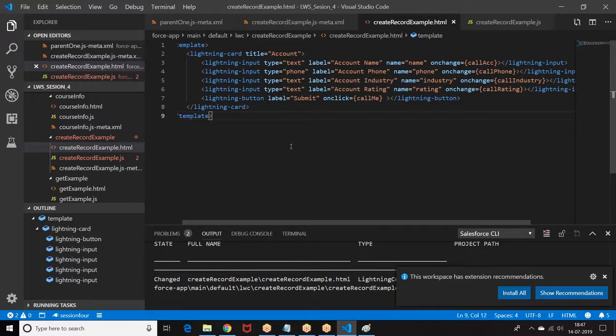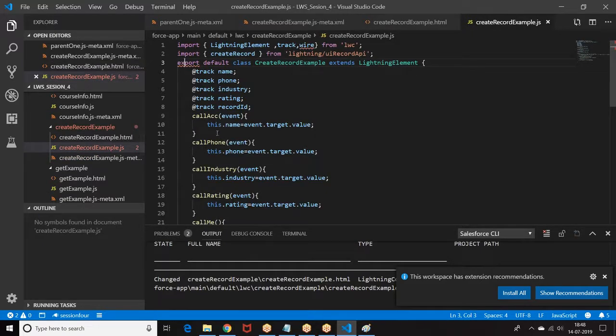So what was my story? Here, I am not taking the standard edit form. I was trying to take my own input format and trying to insert the data into the database without calling the Apex classes. So here, whenever the input text box changes, read the value and assign it to a variable. This one we have done in the first classes.